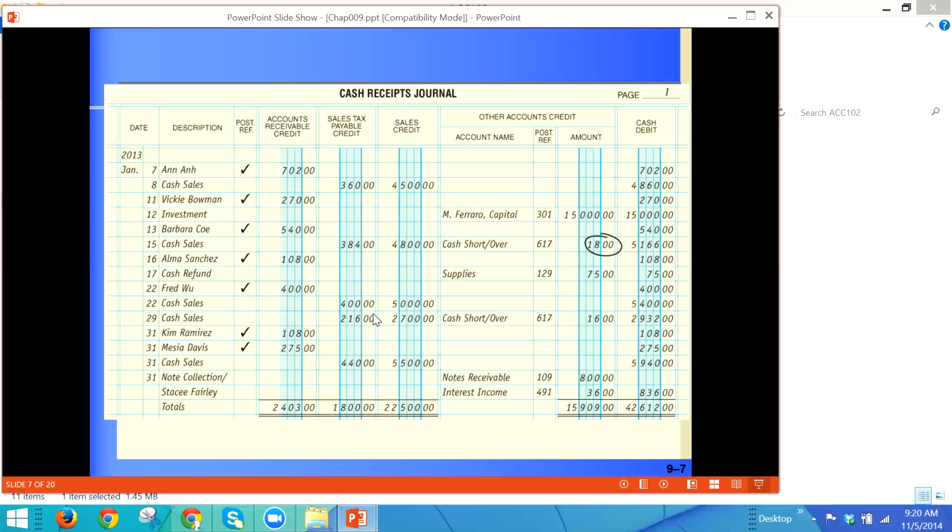We don't have a column because these columns are established with the most often used accounts when we receive cash. We receive cash most likely from our customers, and it's either going to be for cash sales or for paying off accounts receivable. Those are the most likely debits to our cash account. Occasionally, we'll have an infusion of cash from our owners. So when those things happen, we then just go into